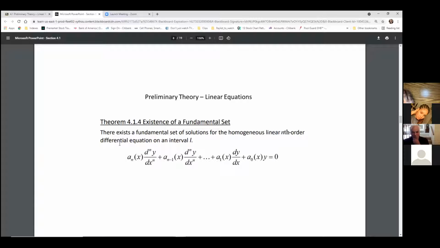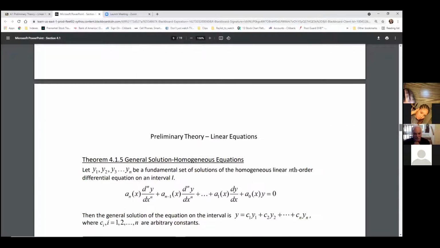So these theorems are out of your book. If you wanted to read a lot more about this, the book is good, but it could be pretty long. They spend a long time getting right down to what's important. Okay. So once again, now the existence of a fundamental set. There exists a fundamental set of solutions for a homogeneous nth order linear differential equation on some interval I,